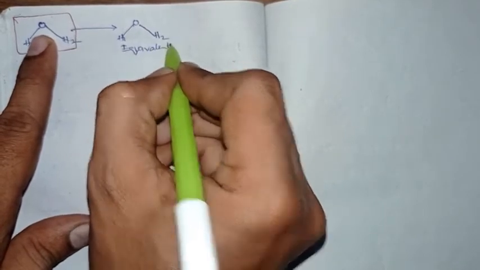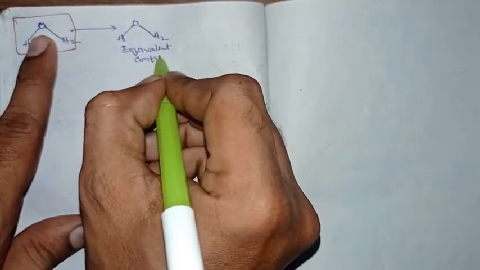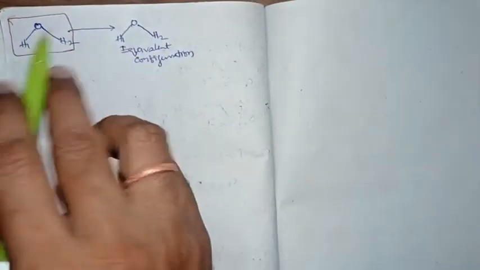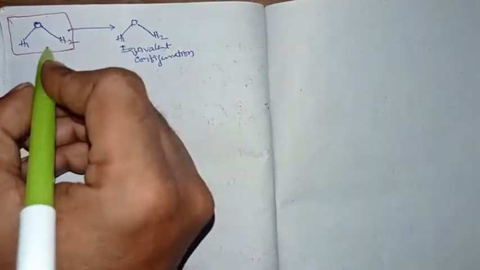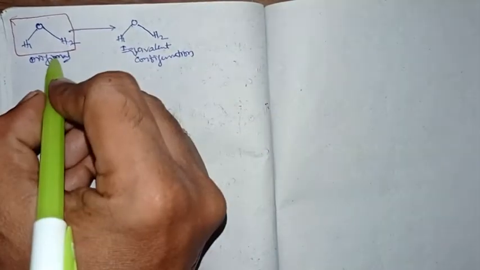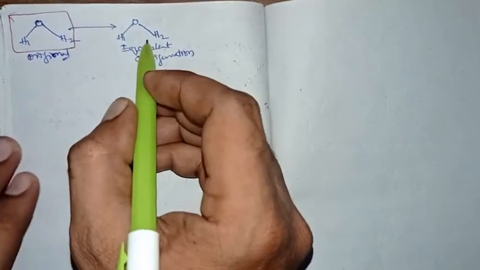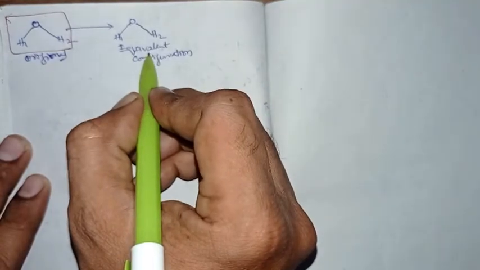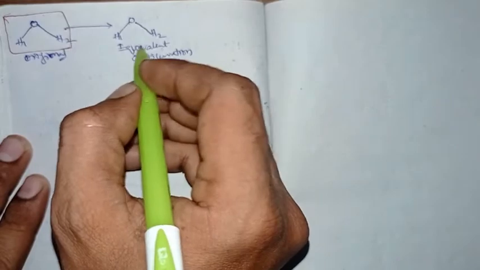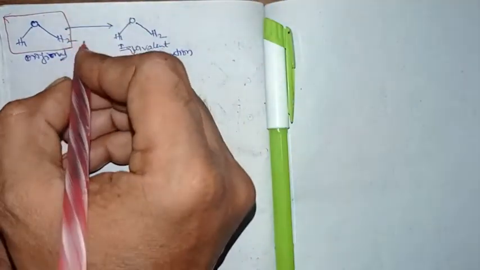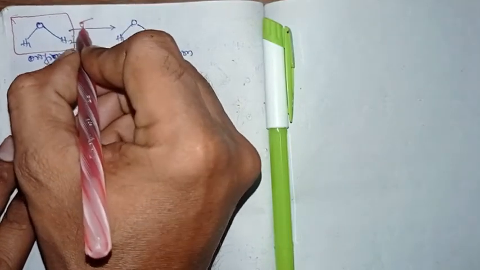Why is it equivalent? Why is it not an identical configuration? Because here the phases of the atoms are changed when we compare with the original configuration, right? So the generated configuration is equivalent, not identical. So whenever we generate an equivalent configuration by applying a plane, the plane is called a plane of symmetry.